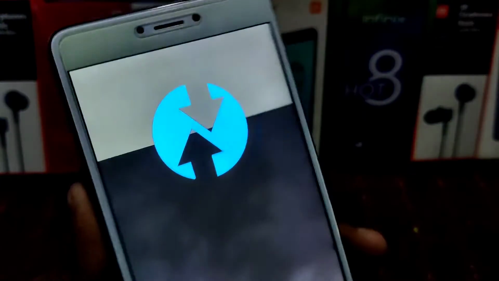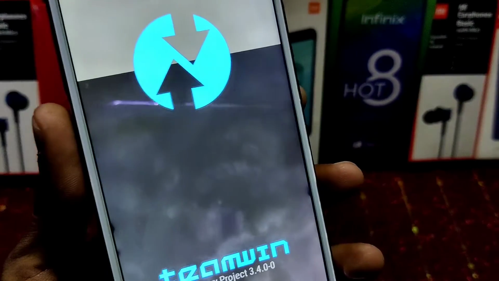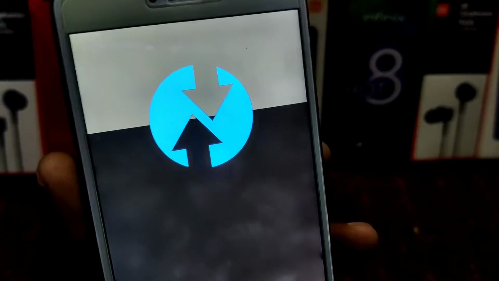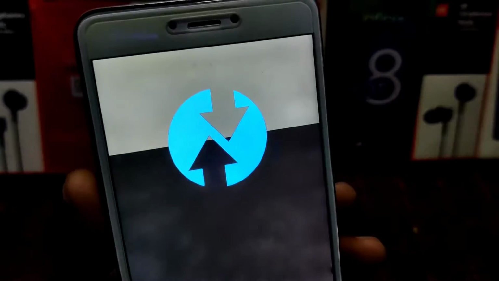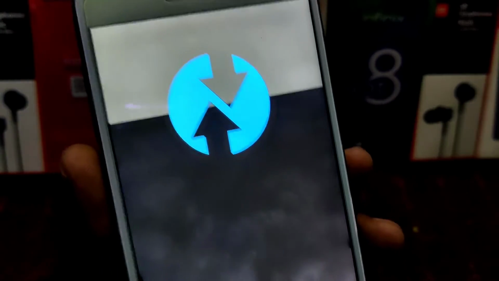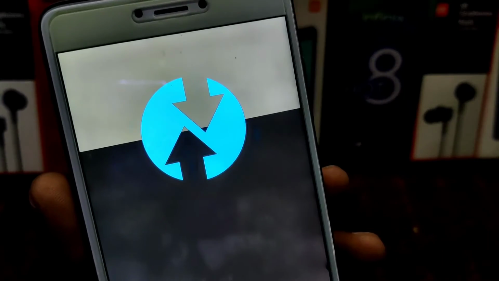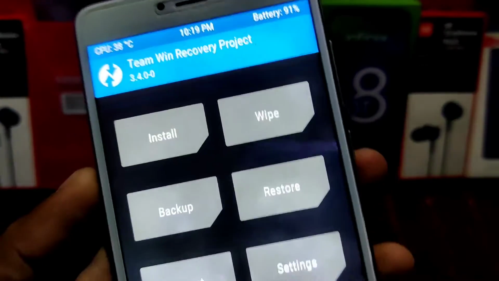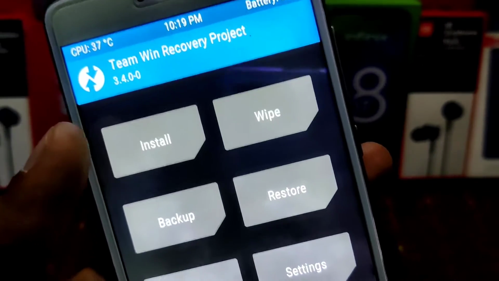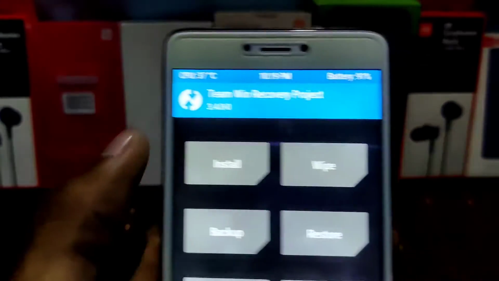As you can see, my device is booted into TWRP, and you need not wipe any dalvik or cache. This is tested on the Redmi Note 4 and Redmi Note 8 in the latest version of MIUI. I don't know whether it works on any other devices, so you can test and tell me. I am not responsible if any damage is caused to your device, so perform this action at your own risk. If you think it will cause any damage to your device, then you can take a backup of your personal data. Let me click on the install button and install the file.